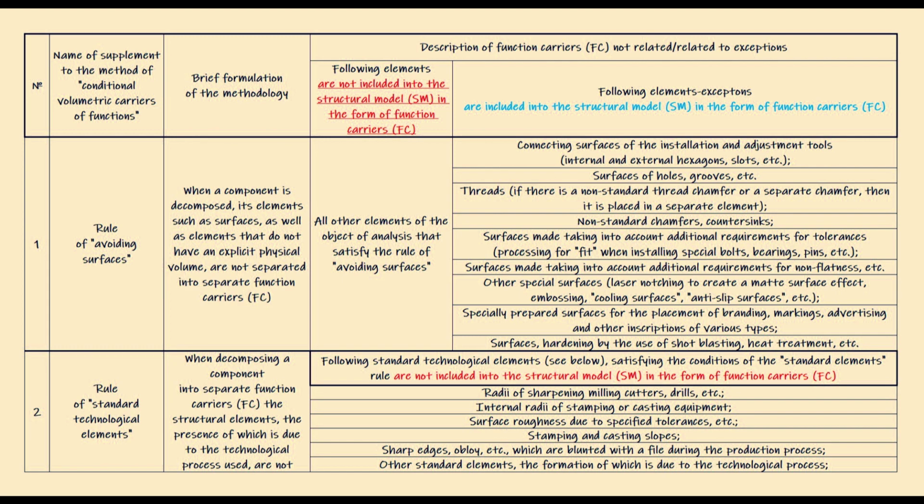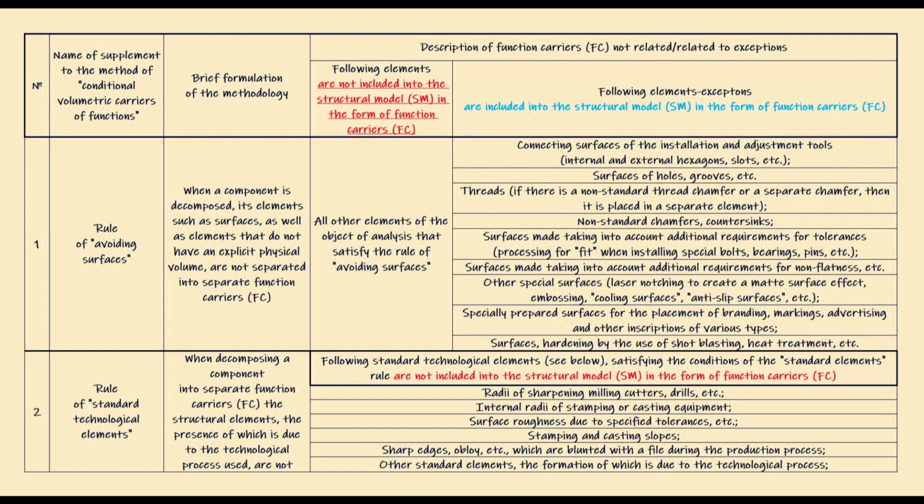Appendix 2. The rule of standard technological elements. The purpose of applying the rule of standard technological elements is to exclude from the structural and functional models the maximum number of function carriers, the presence of which in the design of the component does not depend on the design engineer, and is due to manufacturing technology. The specified function carriers include carriers that do not have a direct functional purpose except for technological. This rule applies more to complete structural models,